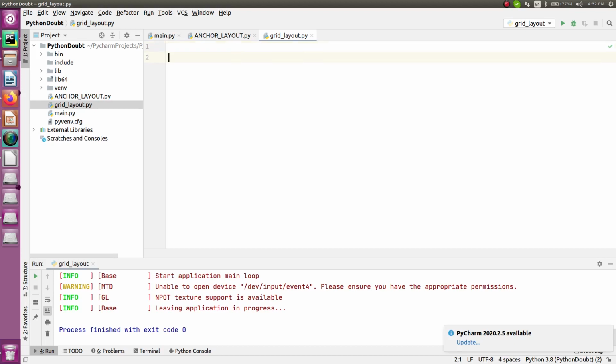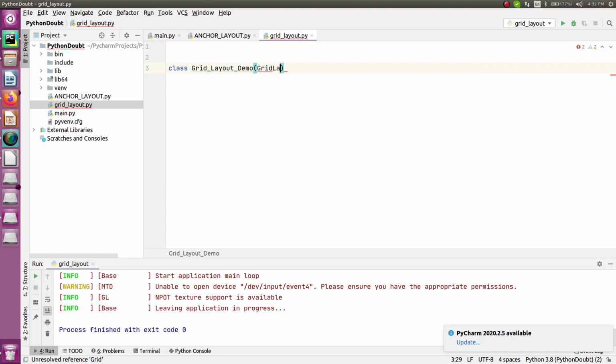For that, let me create a class where I will be doing all the stuff. Just give it a name, let's say GridLayoutDemo. In here, what you have to do is inherit this class from another class, which is GridLayout, and we are calling it from Kivy.